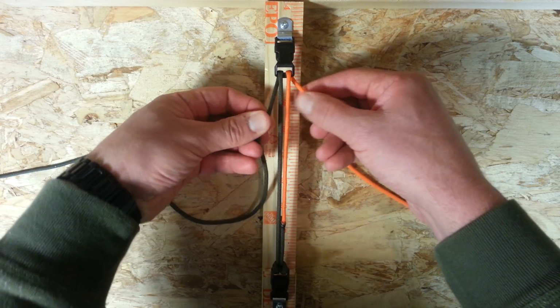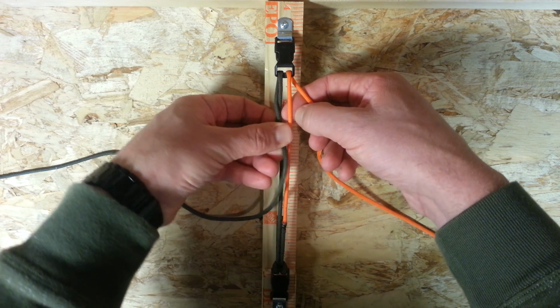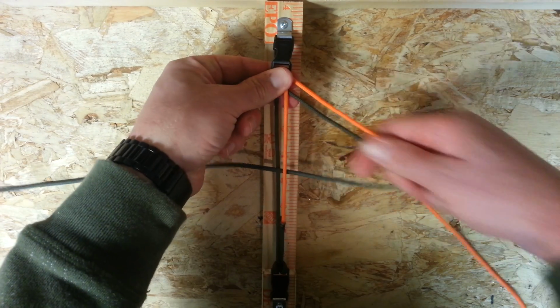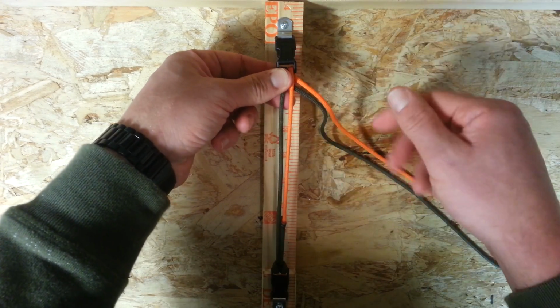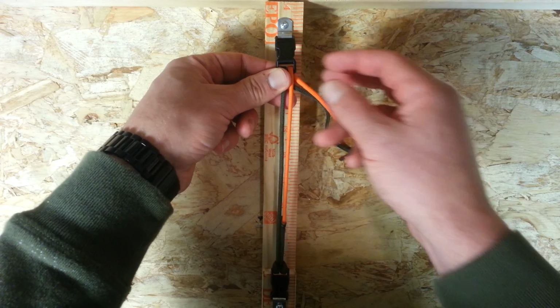But the first thing I'm going to do is take either cord. I like to start from the left, so I'm going to take the left cord over the left hand core strand, down between the strands and out to the right. Now that is the only single move you'll do. I call it a single move, so we've just gone from one side to the other. Every other move will be over and then back, over and back, so just bear that in mind as you